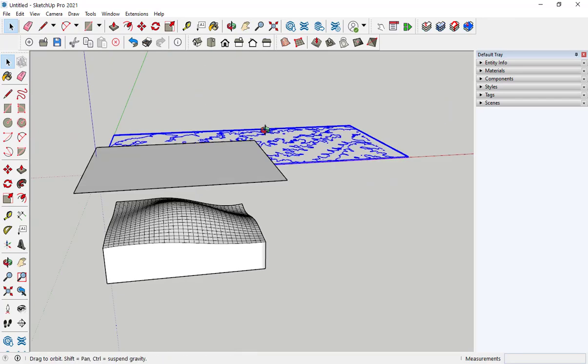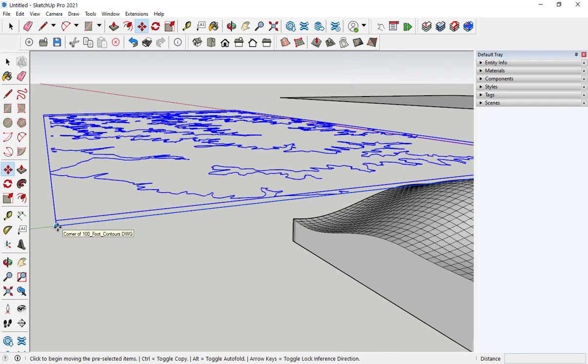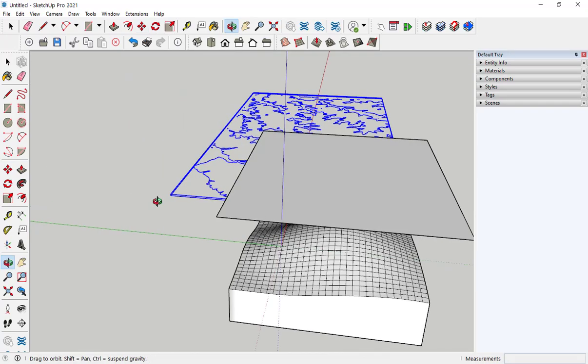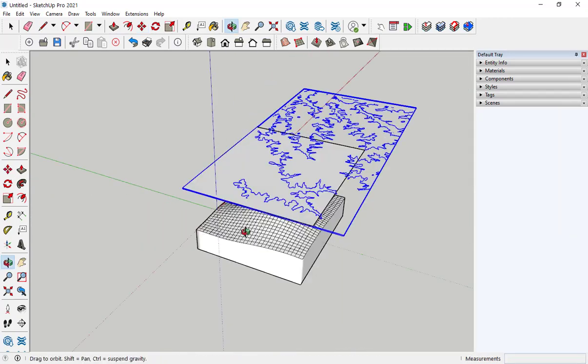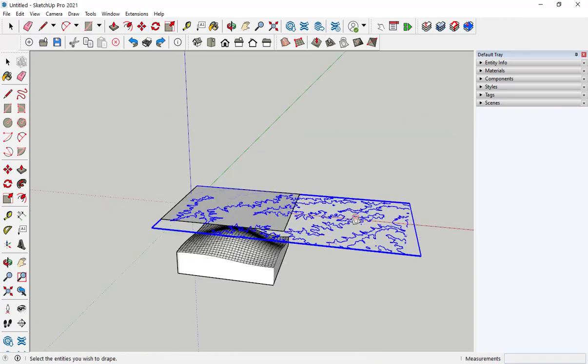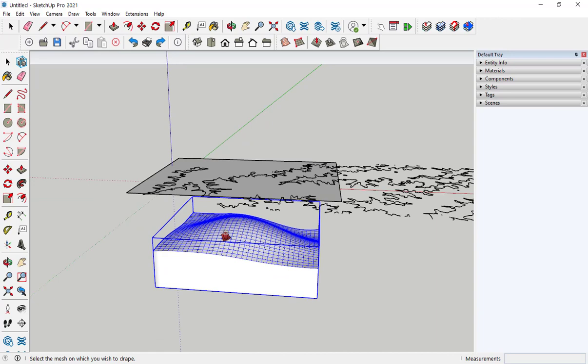And I will move it so that this aligns with the square. Notice that this is a group and this is a group. I'm going to click on Drape, click on the contours that I want to drape, click on the terrain to drape them onto,